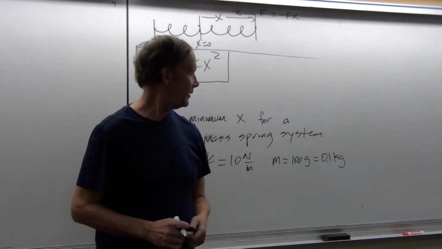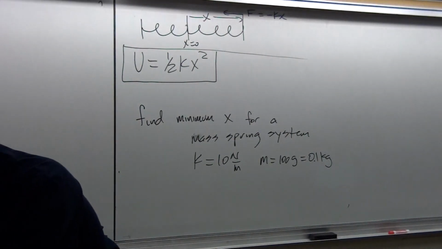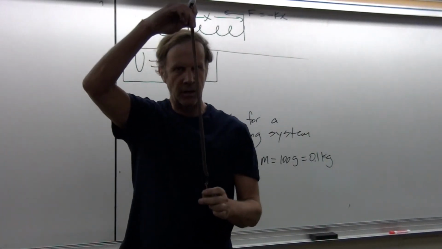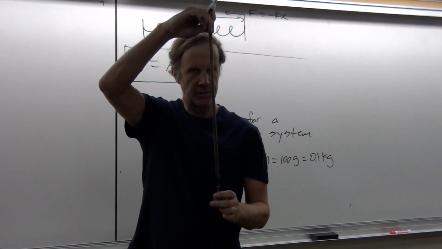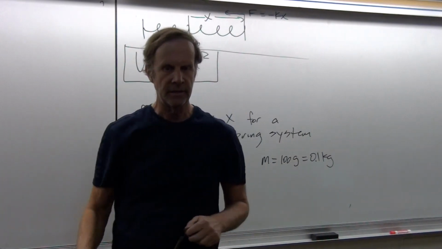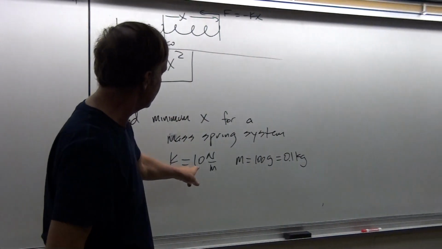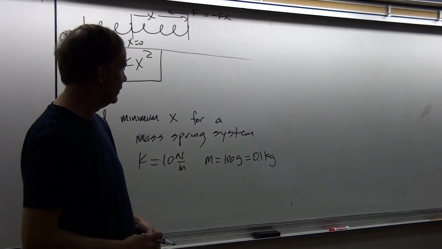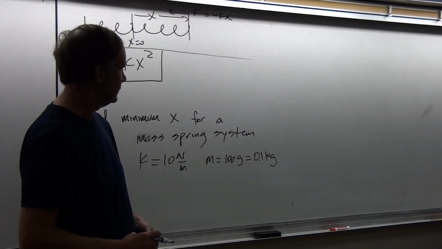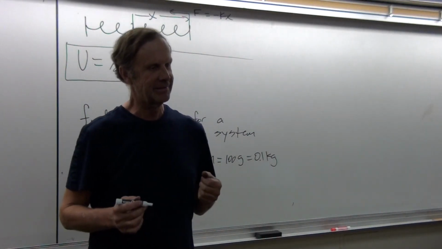All right. What I want to do next is let's actually look at how small of an increment in amplitude or displacement between max and min the simple harmonic oscillator would have if the spring constant is equal to 10 newtons per meter and the mass is equal to 100 grams or 0.1 kilograms. And so remember we said before it's got restless leg syndrome, it can't sit still.